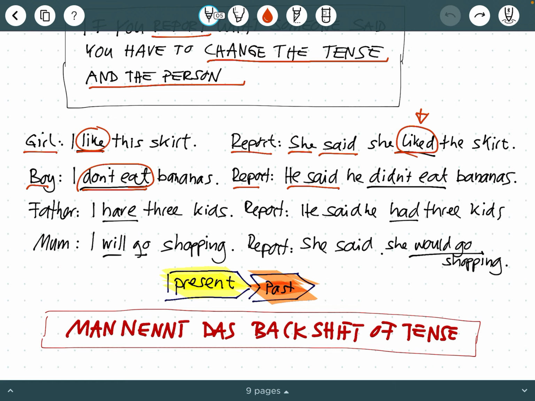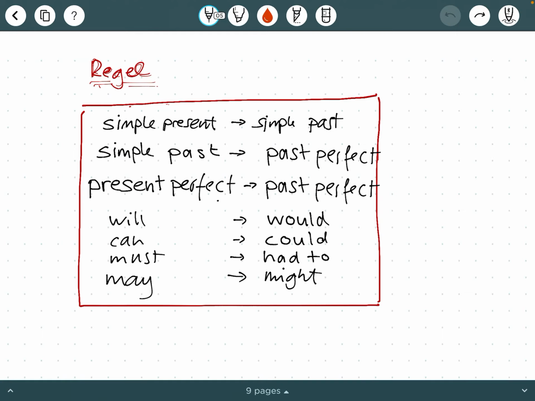Okay, now let's have a look. Here are the rules. If a sentence is in simple present, it must become the simple past in the reported clause. If it's simple past, you need a past perfect. If it's a present perfect, it's also a past perfect. And when you have a will, it becomes a would.